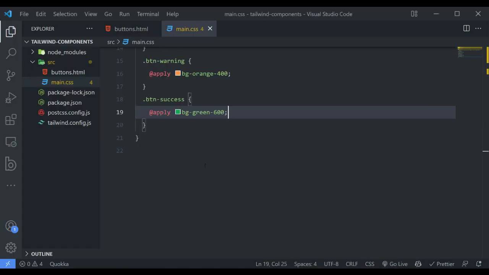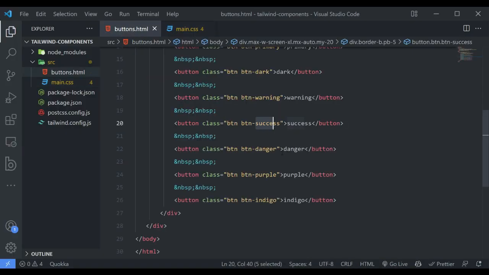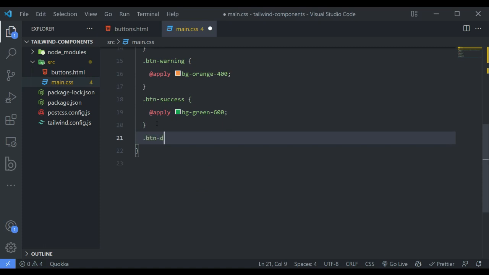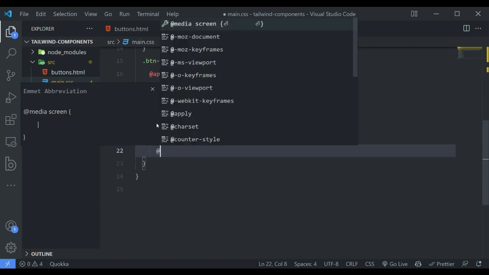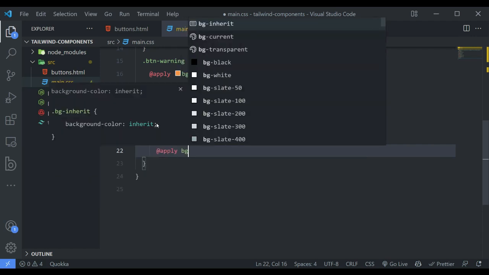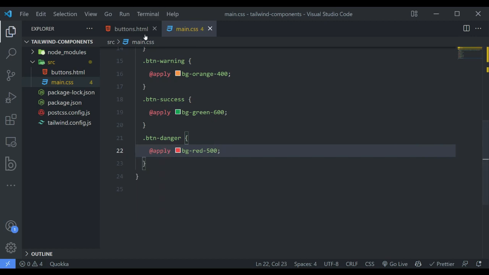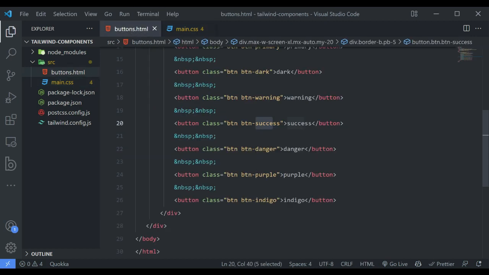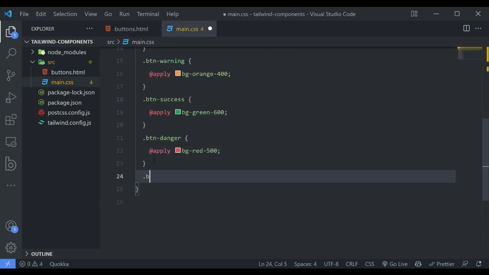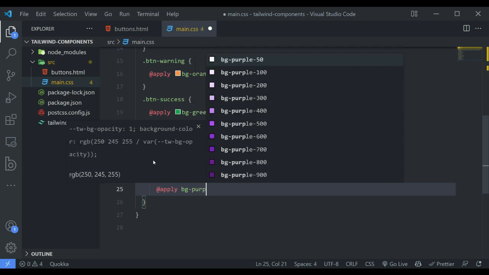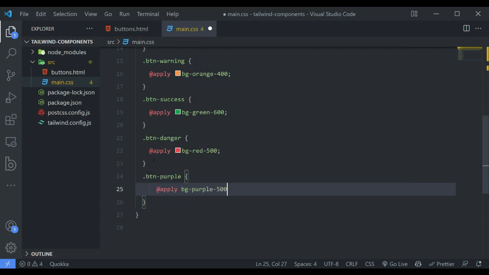Cool. Perfect. And after we have danger, so btn-danger, apply bg-red-500, and after we have purple and indigo, so btn-purple, apply bg-purple-500,